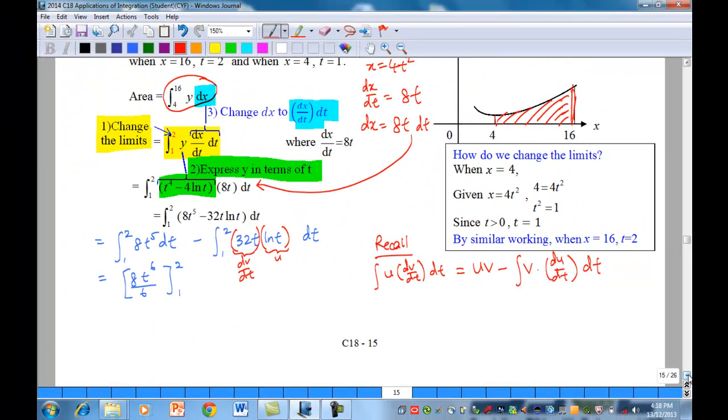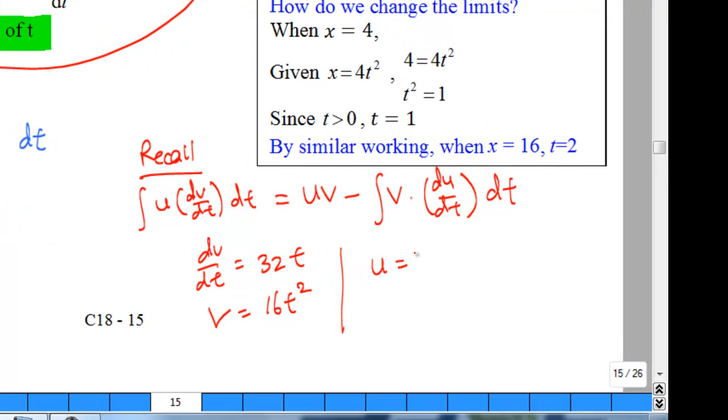In our integral, our dv/dt is 32t. So our v will have to be 16t squared, which is what we get when we integrate 32t. Our u is ln t, so our du/dt will be 1 over t. Now substituting this into our integration by parts formula, we will have